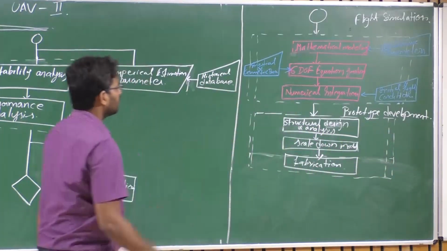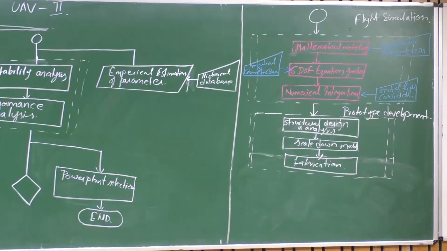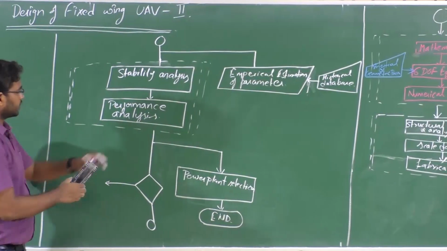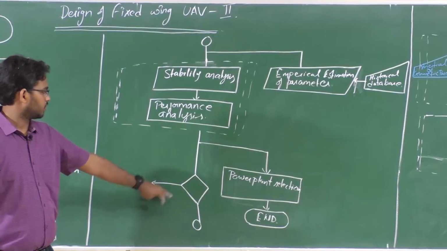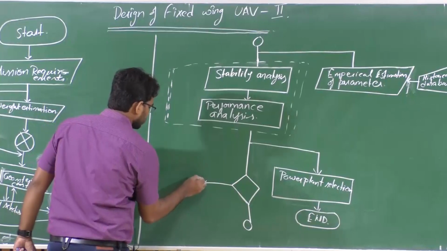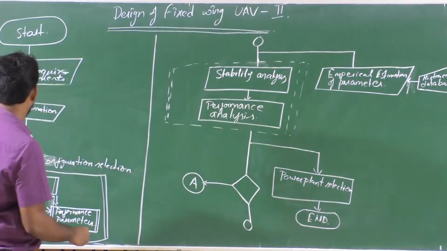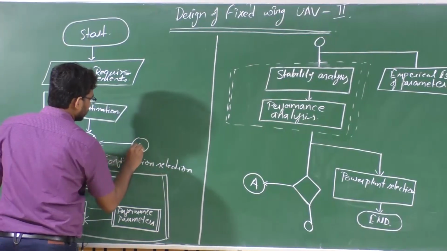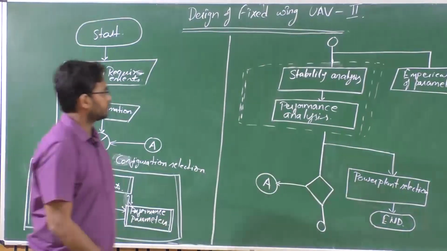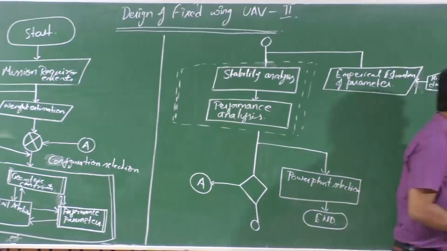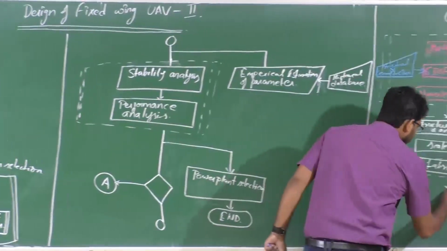So at each and every level, we have an iterative approach. Apart from that, at each and every stage, we should also make a decision, right? If you're satisfied with this analysis, then you'll be going to this step, or you'll be going to step A here, where I say this as step A. So once you have this, you'll go for this scale. Once you have the scale down model,